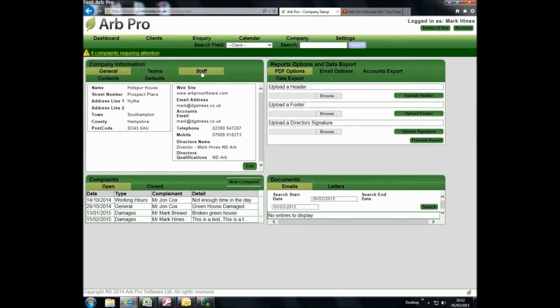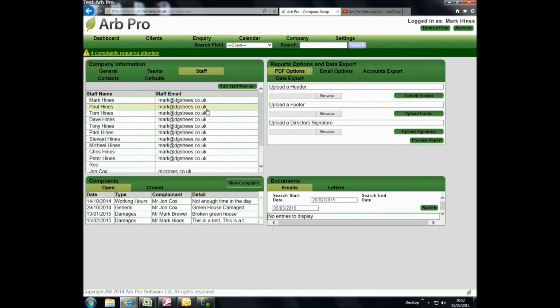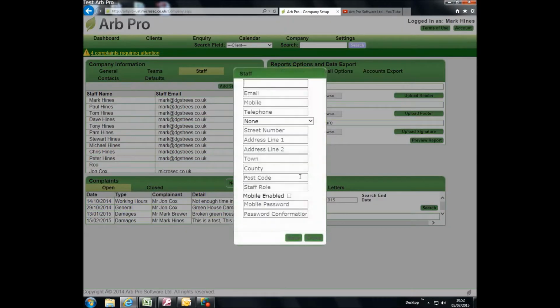We then come into the staff table. This is a staff member we want to assign to be able to go out and undertake site visits. You can see here is a list of staff that work in the company. Many of these won't be surveyors. These are all different roles, from admin to climbers, and so forth. What we want to do is add this member of staff as somebody that can go out and actually undertake site visits. So we'll add this individual's name,